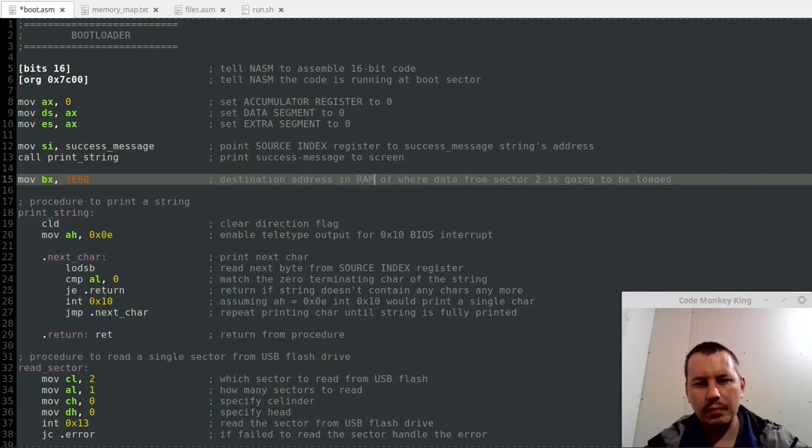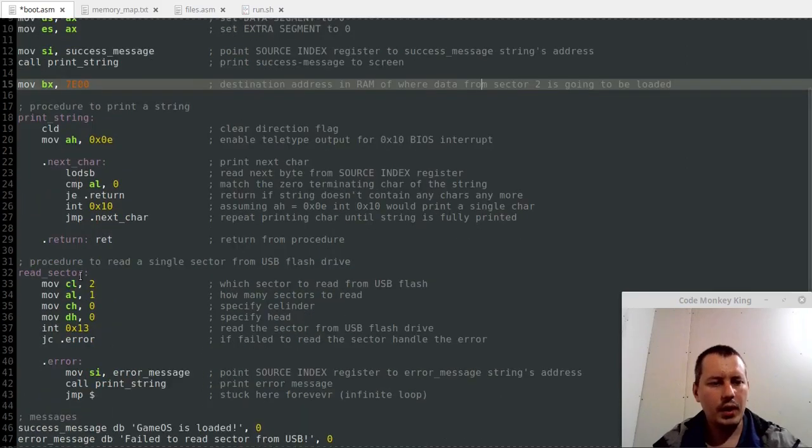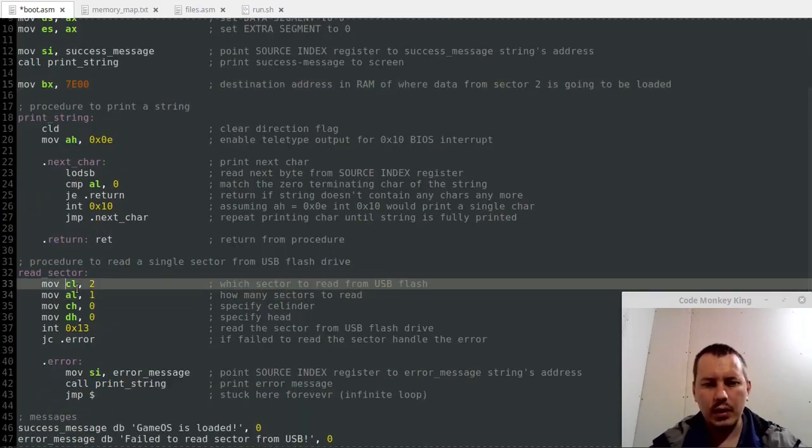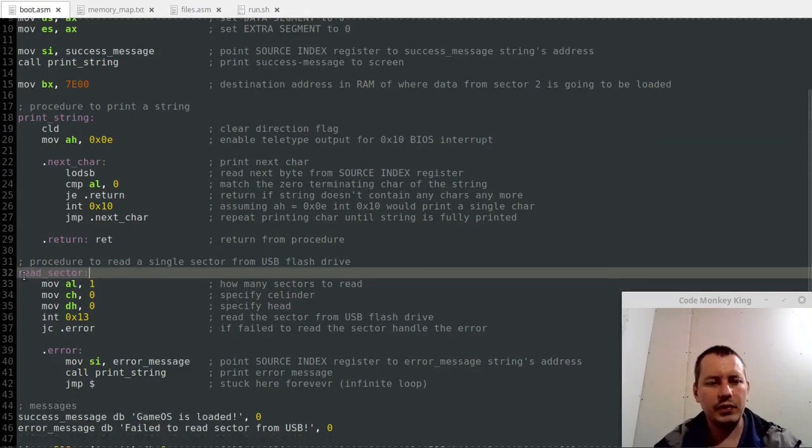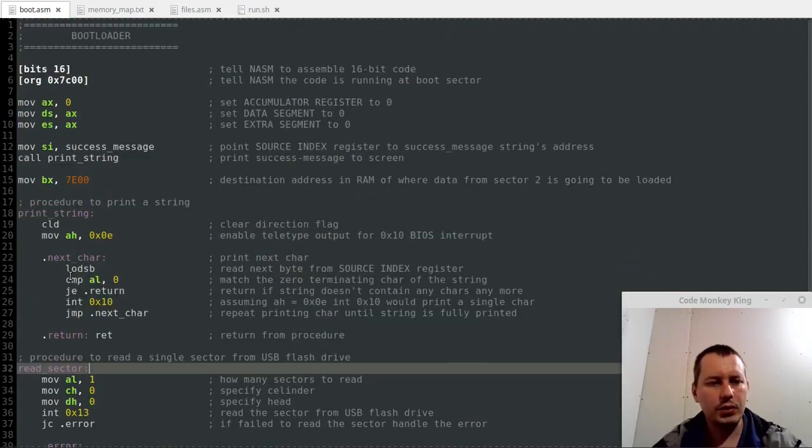Address in RAM is going to be loaded. Okay, and also, hold on a sec. It doesn't matter really, but as we're going to be reusing this potentially later on, I want to put this,